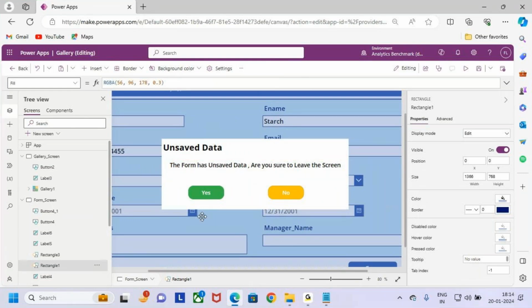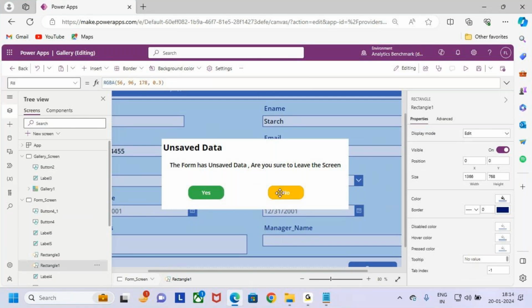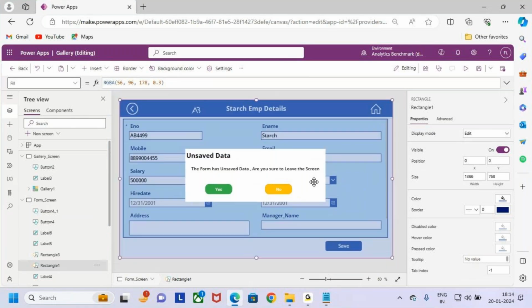Yes, I want to leave the screen. Now on select property of the yes button and on select of this no button, what is the code I want to write? Before going to discuss what logic I need to build here,